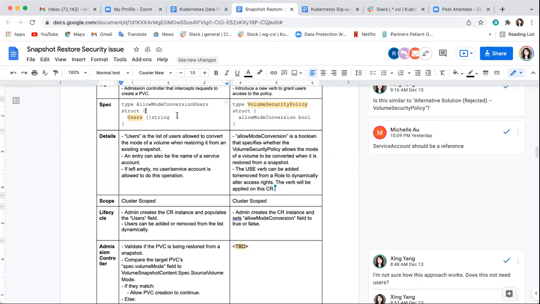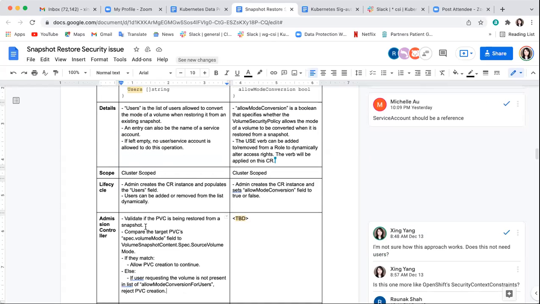You're talking about the restore time, right? Yeah, this is when you're trying to create. Okay, so that's this one, right? So let's take a look at this one. Is that the same or different? No, it's very different. It's something completely new. There is no policy, there is nothing.